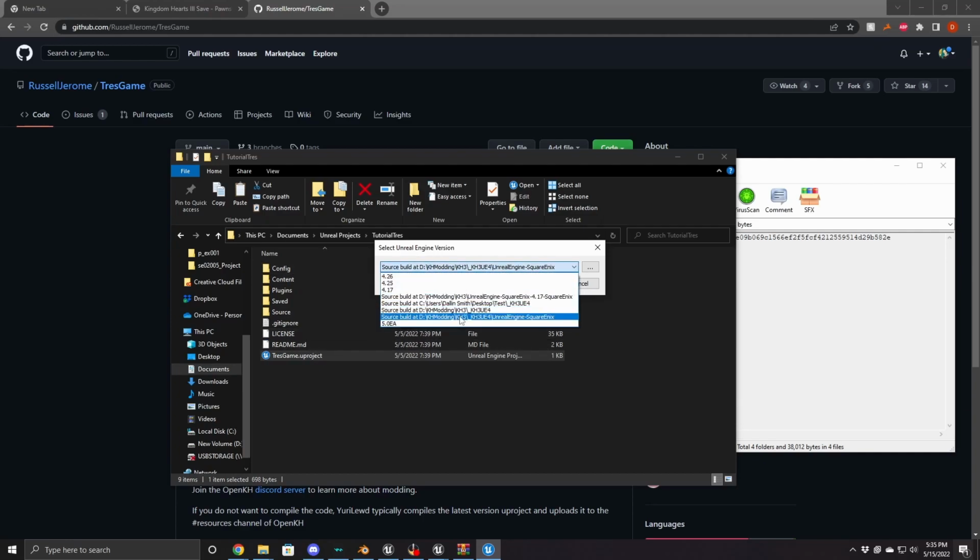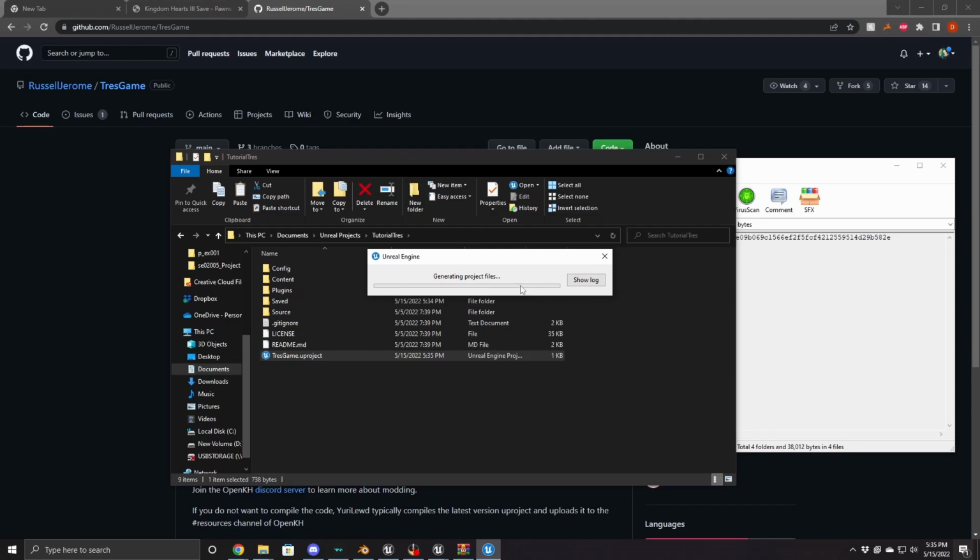It'll detect through your system where you have them installed, so you just select that one, and then click OK. This will take a second. Just let it do its thing. This is just creating the project files for Visual Studio. Which also, while it's doing that,